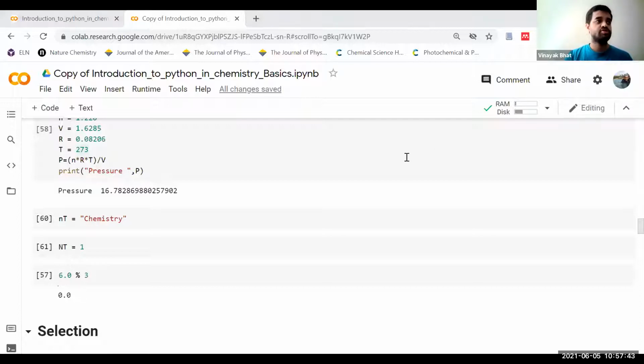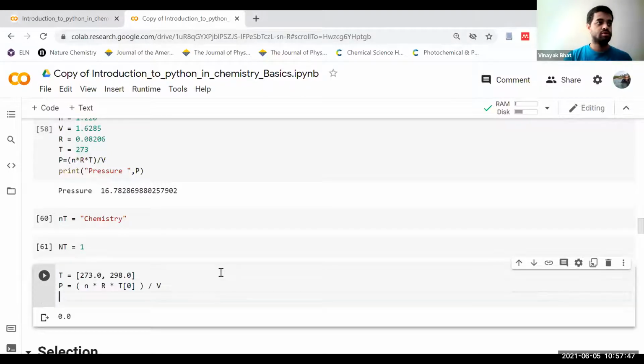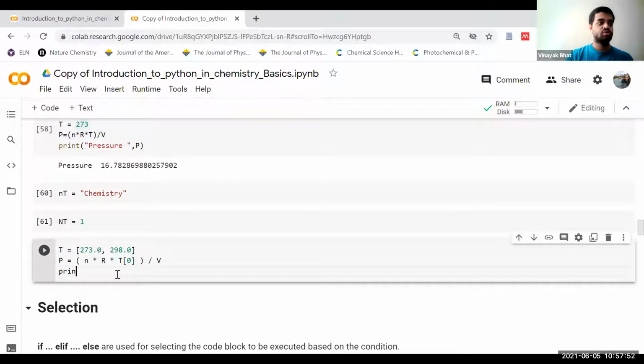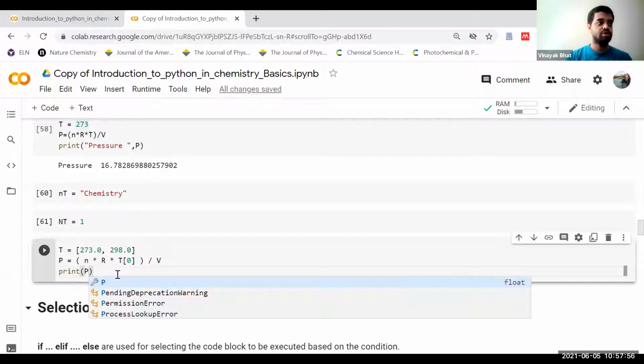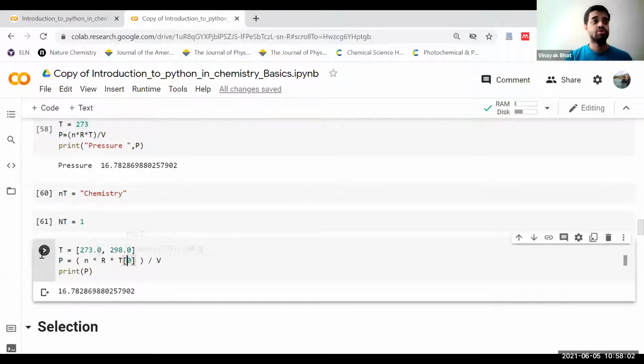Also, let me just copy paste the code here. So if you do this, your p will be just one value. So p will just be a single value, but if you need multiple values, you would need to do this as